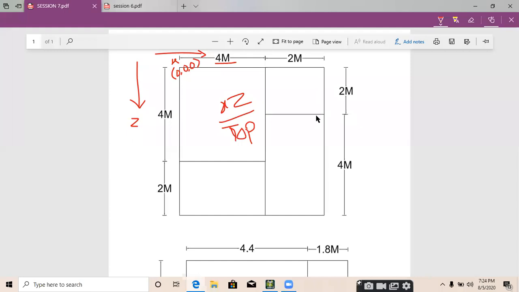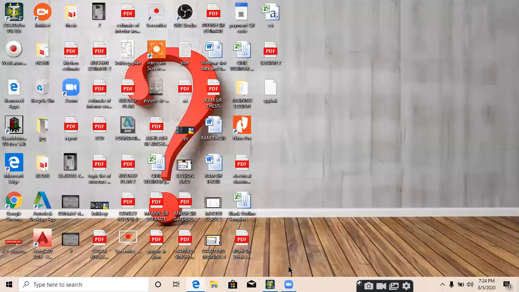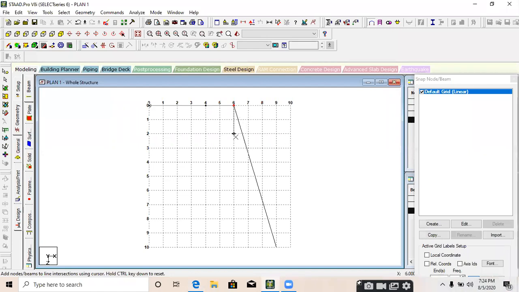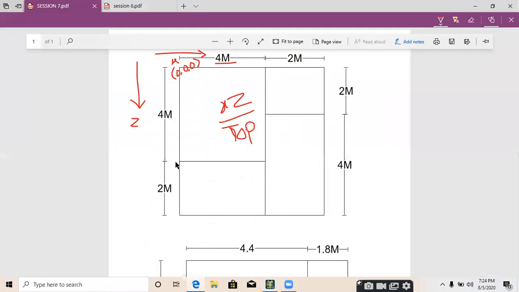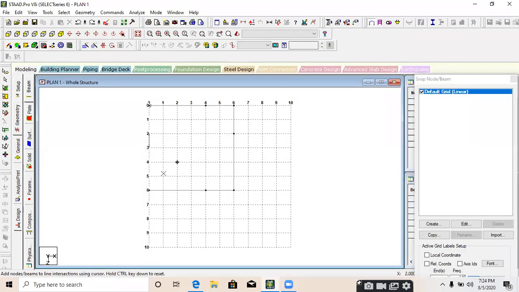Now what about z direction? Just go to 2 meter in z direction now. Again go to 4 meters. Then come 2 meter in x direction. We will again come up to 6 meter in x direction. Again go upside and click on 2. No, it's not up to 2, it is up to 4. Okay, just click on 4 meter. Then again click on it and come up to 4 meter in x direction and go down.